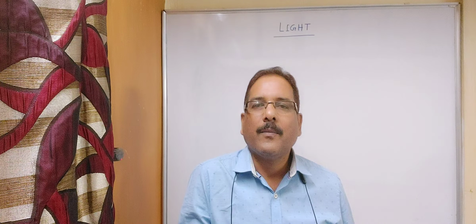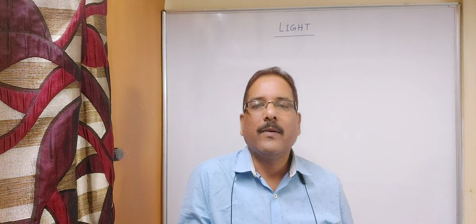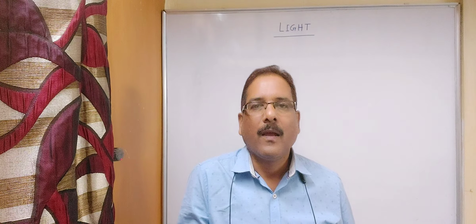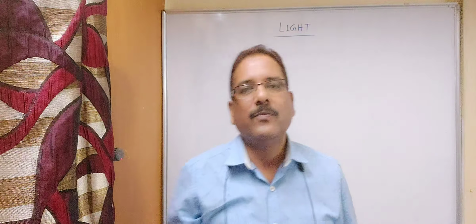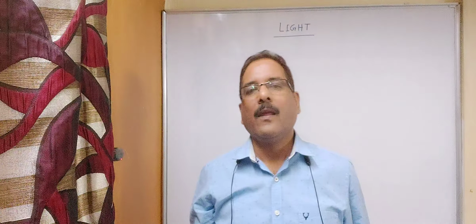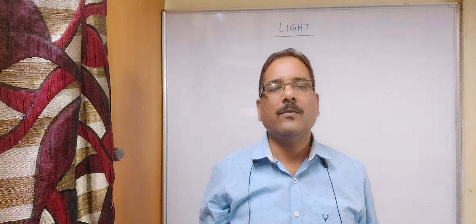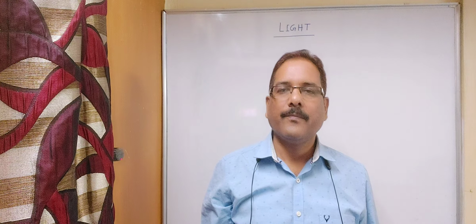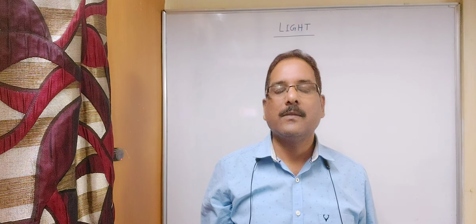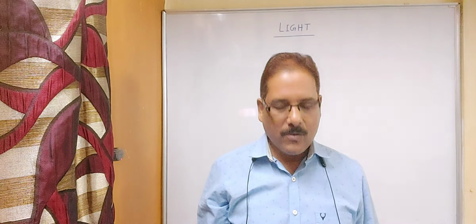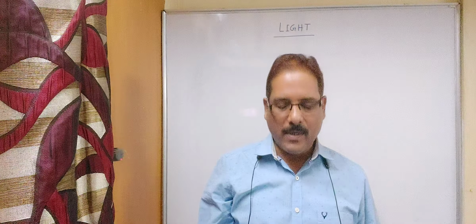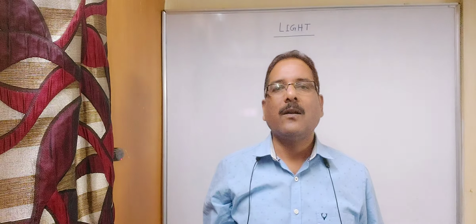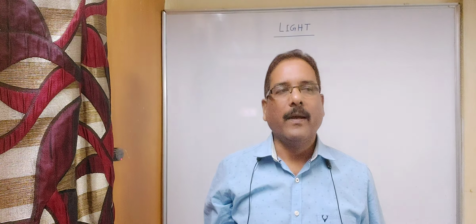If you think about light, you will find that light performs a very important, vital work. Due to light, life is possible on the earth. As you know, for food we are dependent on plants, and plants make their food through a process called photosynthesis, and without light, photosynthesis is not possible. So light plays a very important role for us, and things are also visible due to light.